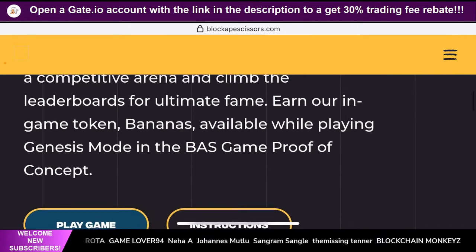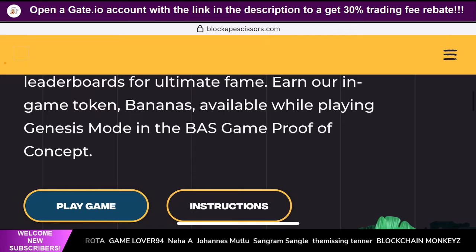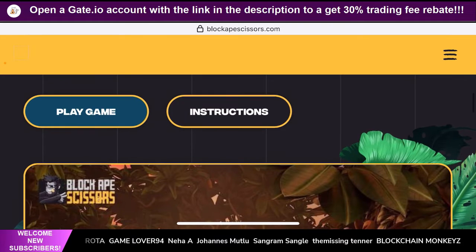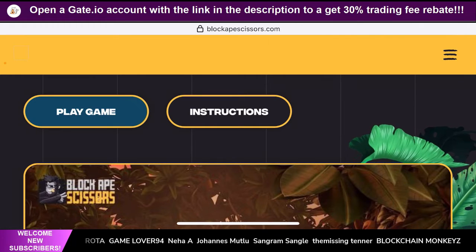Earn our in-game tokens, bananas, available while playing Genesis mode in the BAS game proof of concept. So you can earn a token called bananas, which is a different token compared to the BAS tokens. And this is provided while playing the Genesis mode, when you're playing the proof of concept game, right? But I think currently the game is fully live and you don't really have an option to win bananas. I think after a point, bananas would be exchanged for the BAS token, which is the native token of interest